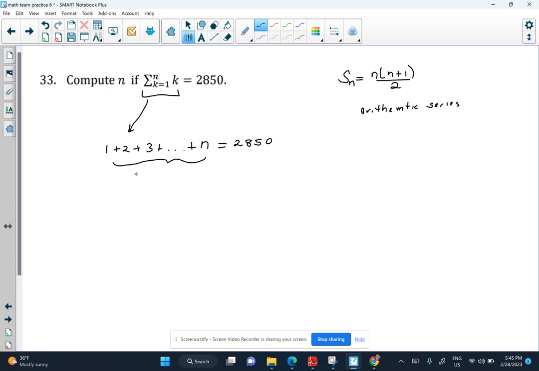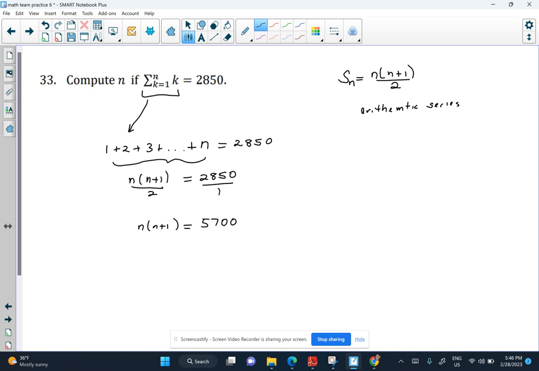So how does that help us? Well, I know 1 plus 2 plus 3 plus ... n has to sum to n times n plus 1 over 2, and that's equal to 2,850. Now what? Well, I can cross multiply or multiply both sides by 2, and I get n times n plus 1, and 2 times 2,850 is